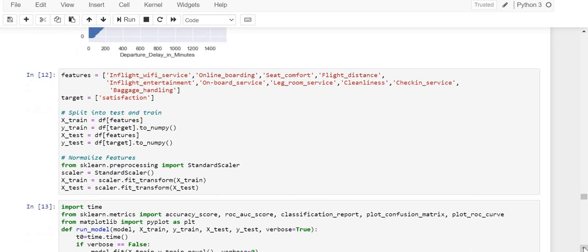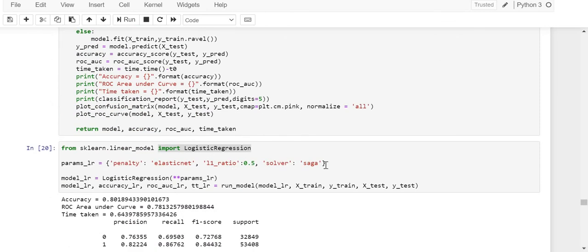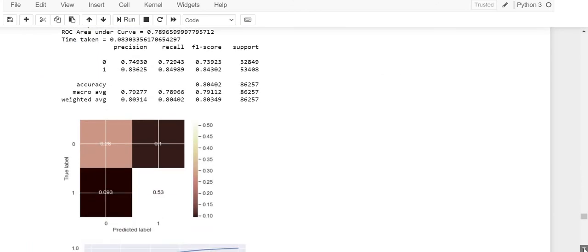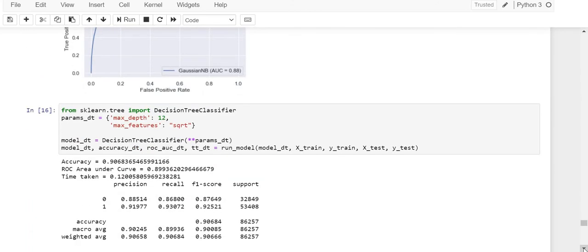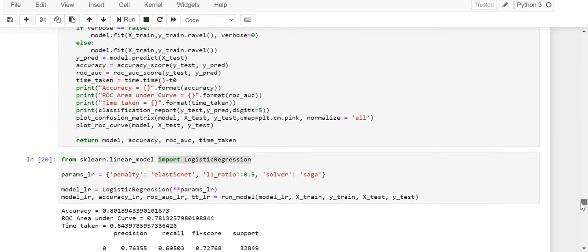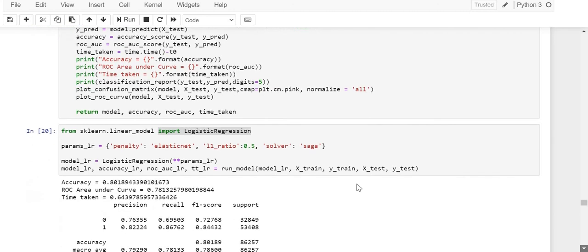Now we come to the modeling part. I tried to compare 4 different models here. They are logistic regression, naive Bayes, decision tree classifier and random forest classifier. Now to proceed with the modeling, I have split my dataset into train and test. Usually people do this when they're initializing their dataset. They initialize to train or test. I did this in the modeling part.